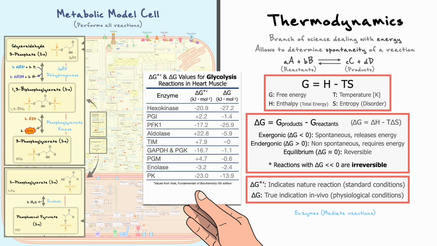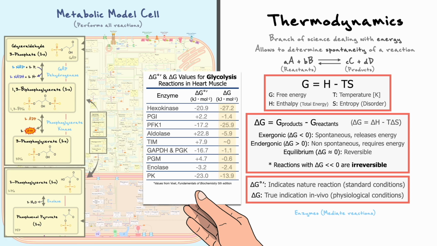Here, the second column represents the delta G naughts at standard conditions, and the third column represents the physiological delta Gs. You will notice that in some instances, the delta G naught is positive, which would imply that the reaction is endergonic and would not happen, but at physiological conditions, especially with the aid of enzymes, all the reactions are exergonic. The fact that all the reactions end up being exergonic makes sense as we want the pathway to run